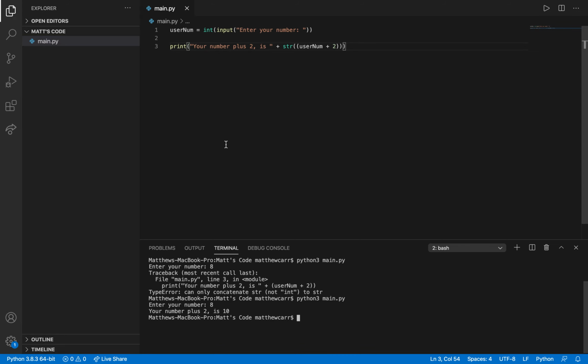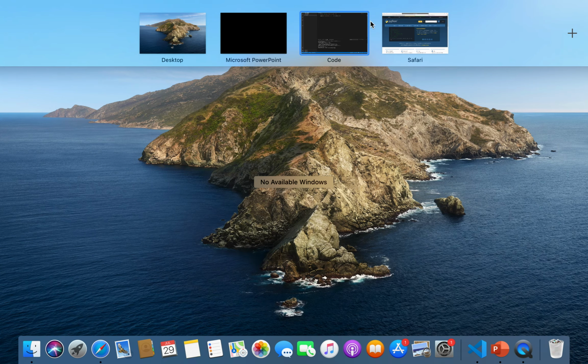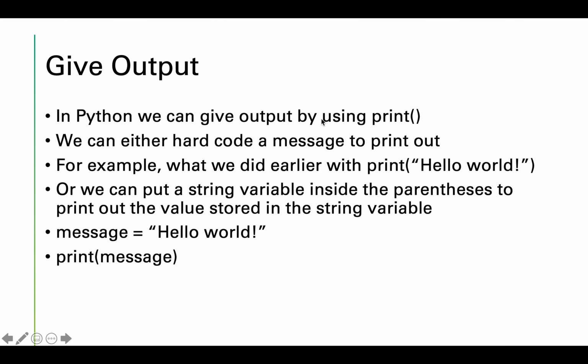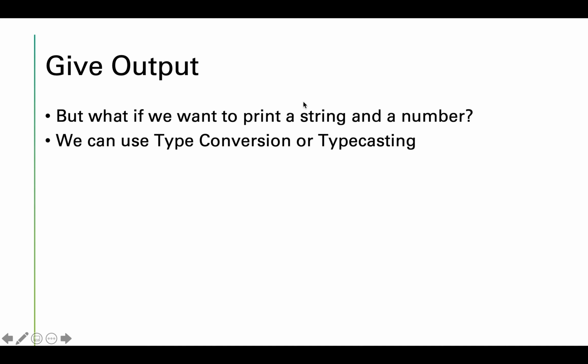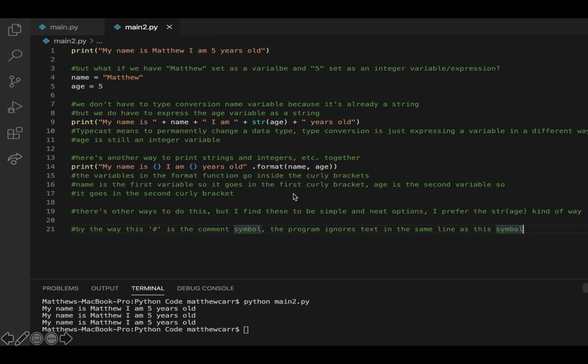And okay, I'm at the 34-minute mark. So that's pretty much all I wanted to show you guys. This is talking about how you want to print a string and a number, basically what we just did. Something else about the print function: like how we've been doing, we concatenate, and then we do a type conversion. You could also do it like this, where it's like "my name is", and you just use curly brackets where you'd have a variable.